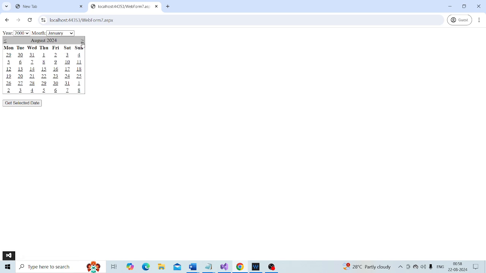Obviously the built-in user interface that the standard ASP.NET control has doesn't allow me to skip years and months. But we can provide two drop-down list controls like this, where the user can select a year.